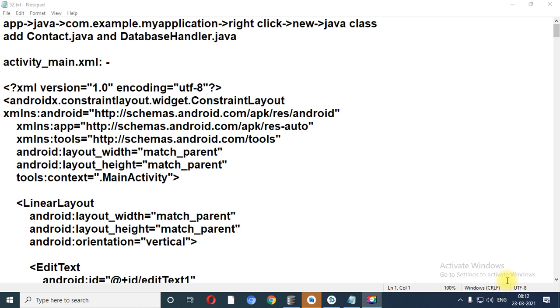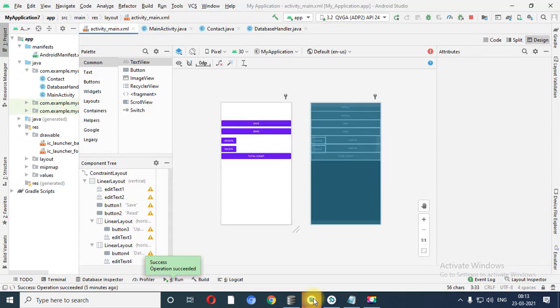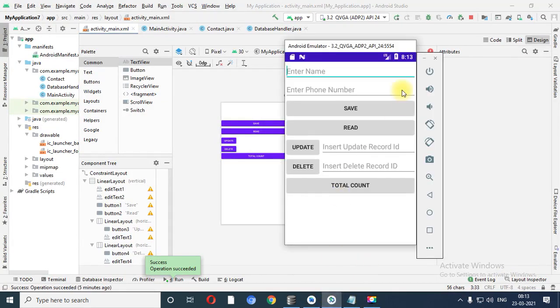But before explaining the coding portion of this particular program, first of all I would like to show you how the program is executed, so that based on that I can easily explain and you people can easily understand. So let me switch into the Android Studio and emulator. The connectivity program I have already copied in the Android Studio and I have run it onto the emulator.